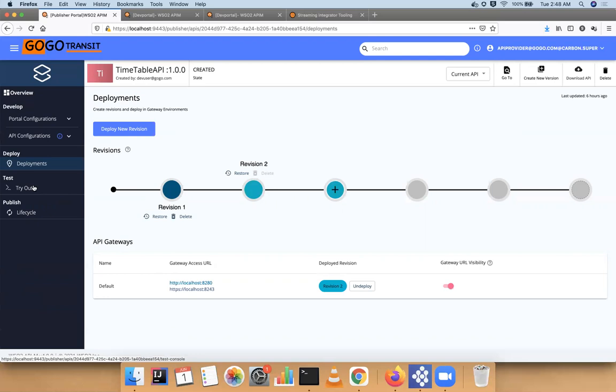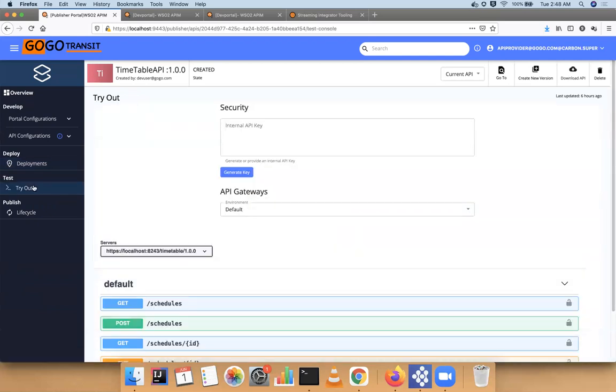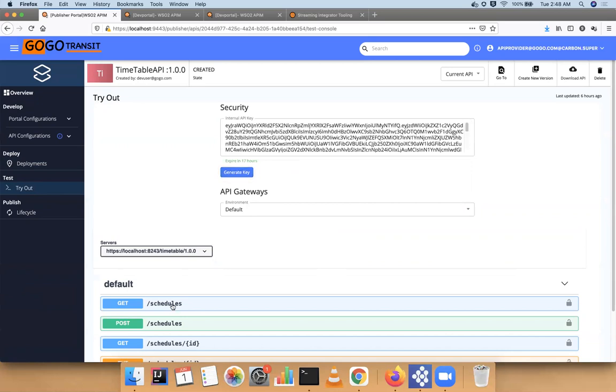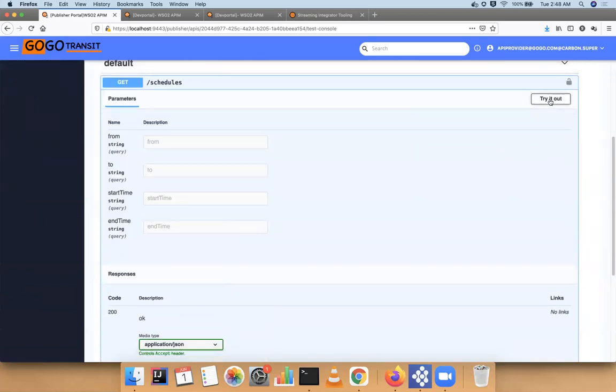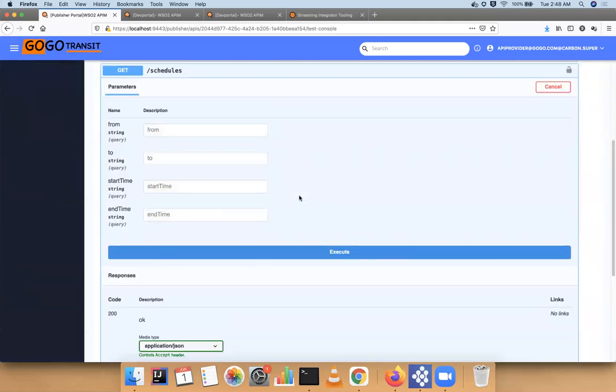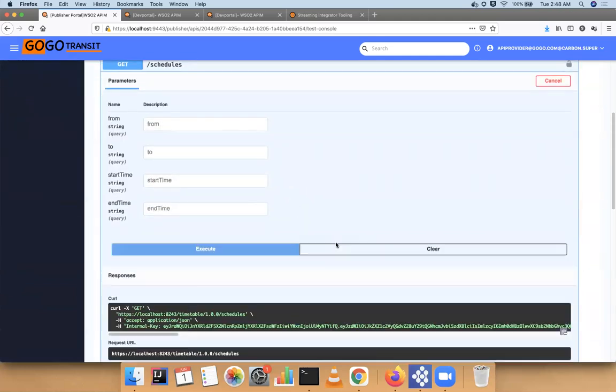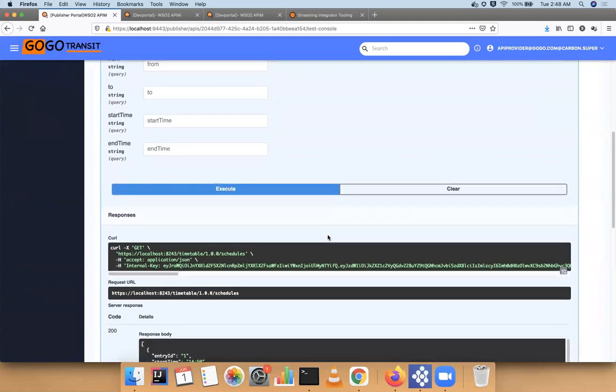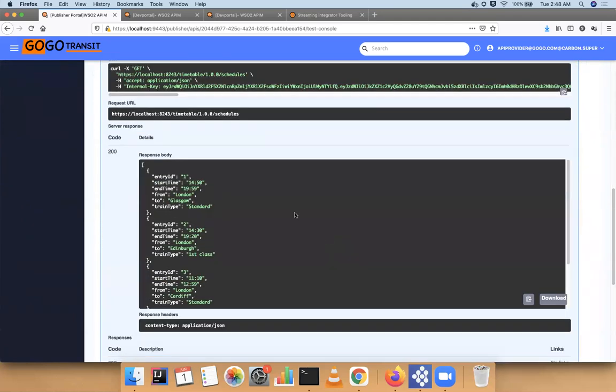So then once our deployment is complete, as a developer, I may need to try my API and see how this is working. To do that, I can generate this internal API key, and using that I can invoke the API and see my response. So this response is coming. So now I'm pretty confident about my API. I can go ahead and